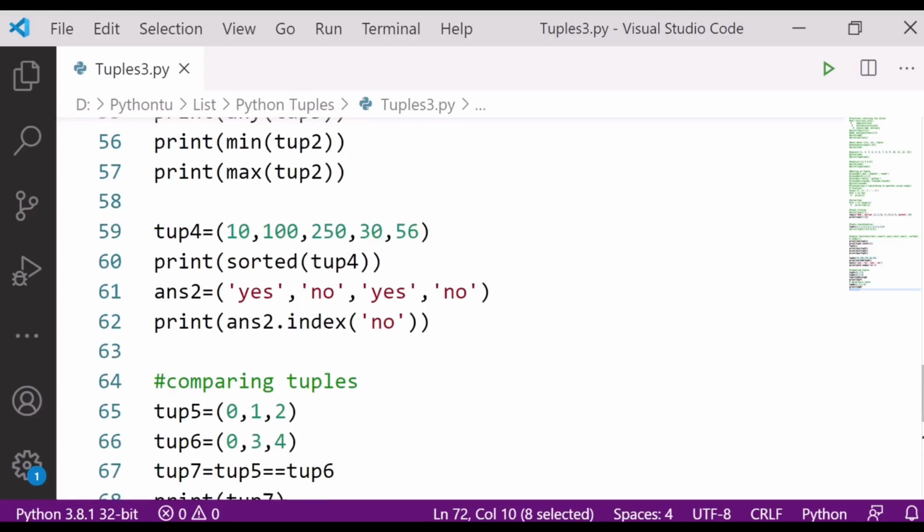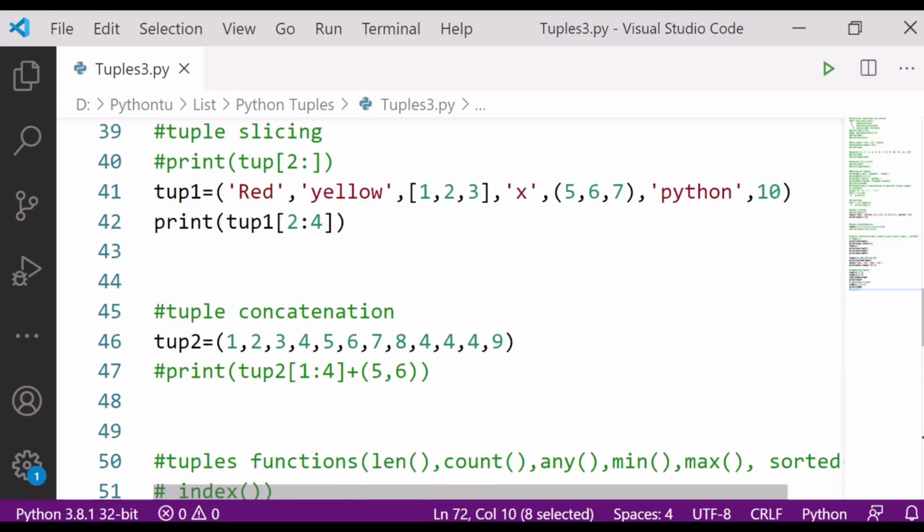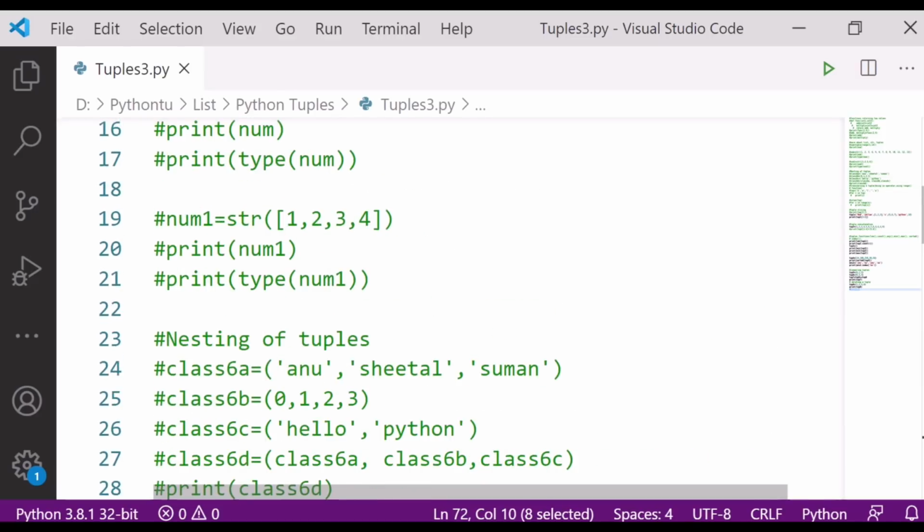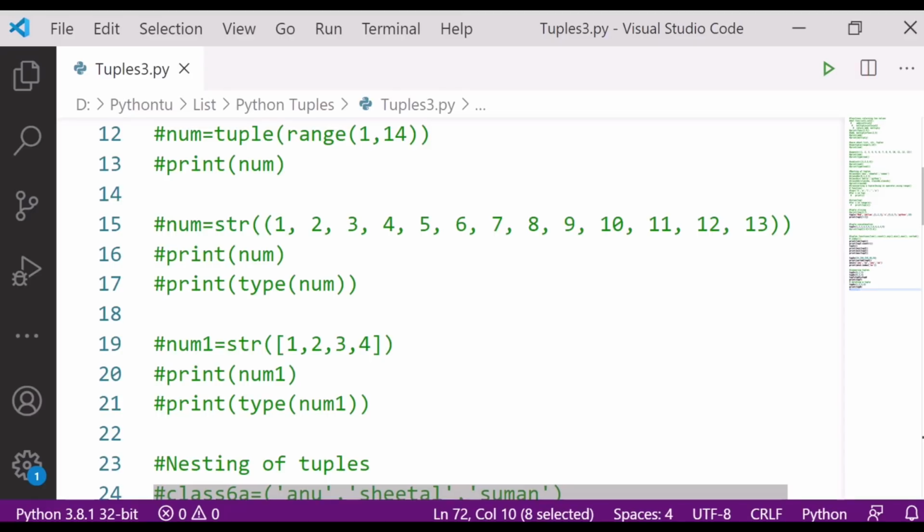Whatever we have read today, we have done a lot of things today. Here are a few things I would like to tell you. Tuples are containers that store an ordered collection of items.